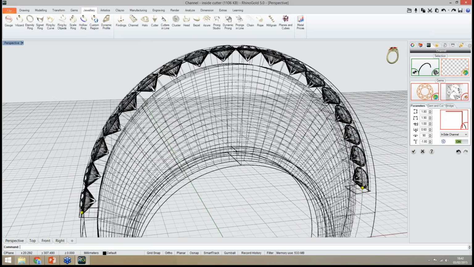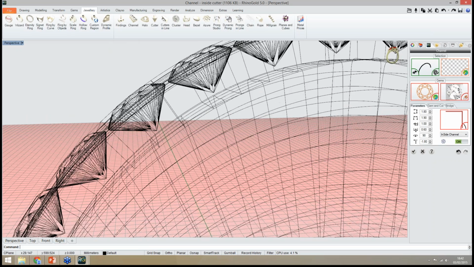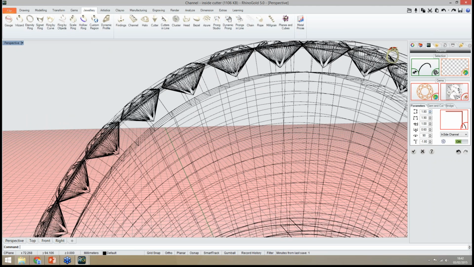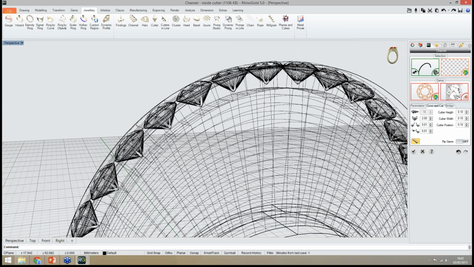I create the channel directly inside the object. So as you can see now, I have the channel. I can define all the parameters as always: the height, the number of gems, the thickness, all the parameters as we had before.